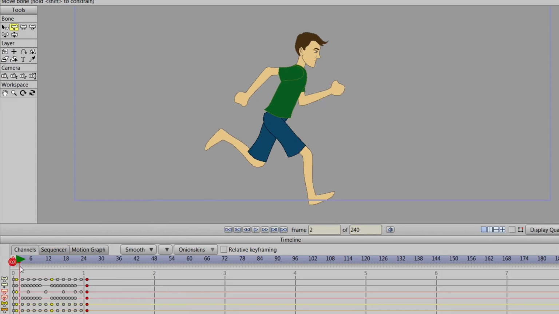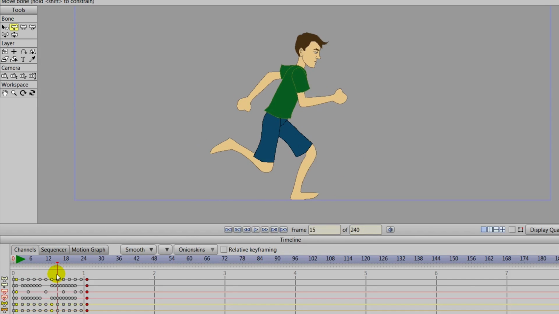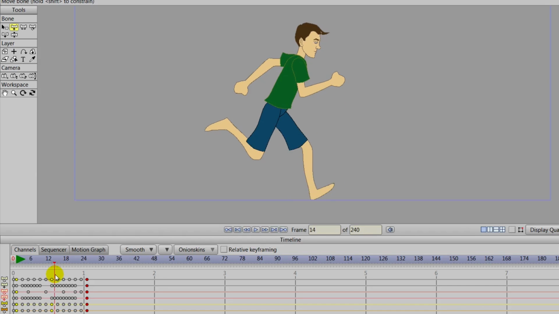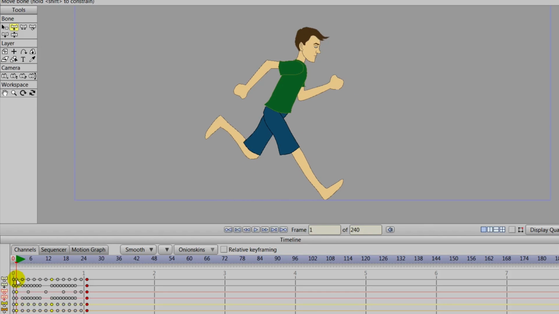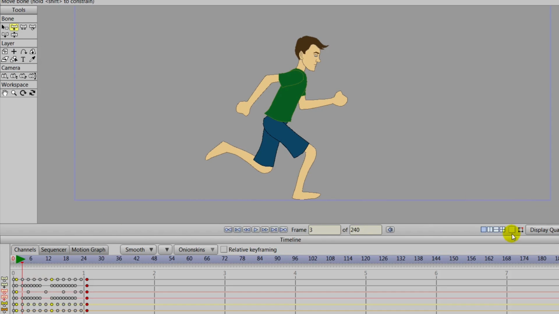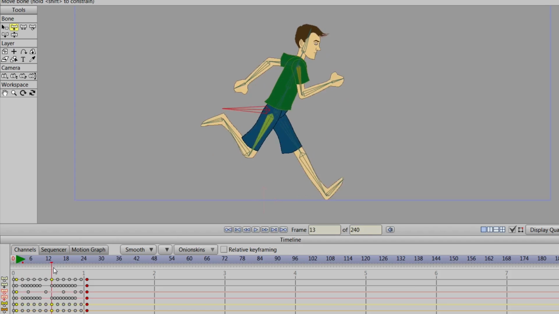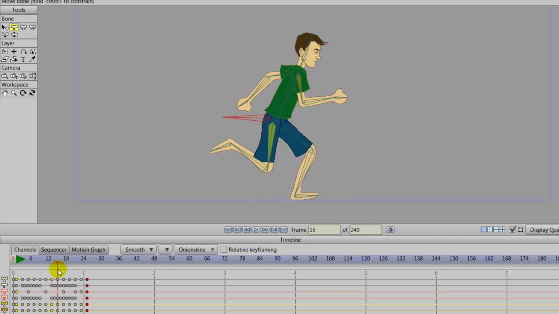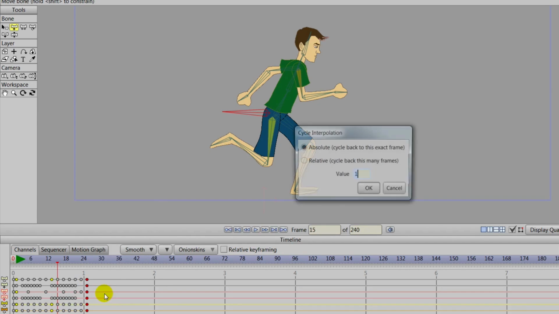We can just highlight those frames and choose smooth. We'll go to frame 3, and while the foot should be on the ground here technically, what we can do is actually move it up, and we can do the same then for the mirrored frame basically at the end of the cycle here. So we'll click on those guides, and with the translate bone tool, we're going to nudge him up on frame 3, and the same for frame 15. Again, just nudge him up a little bit like so. And it just works out this way. It just looks better. We can then reapply that cycle,